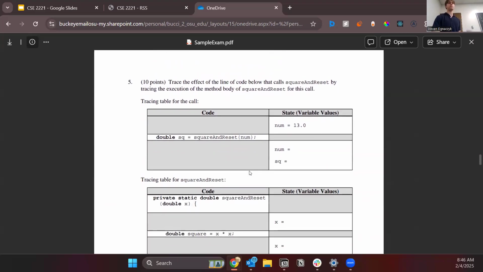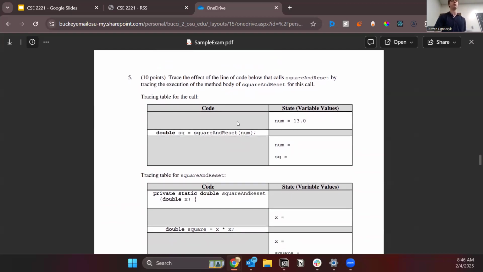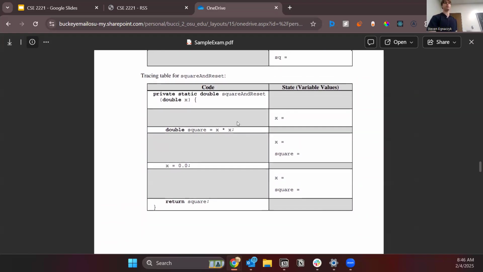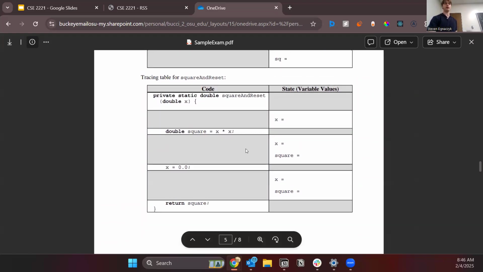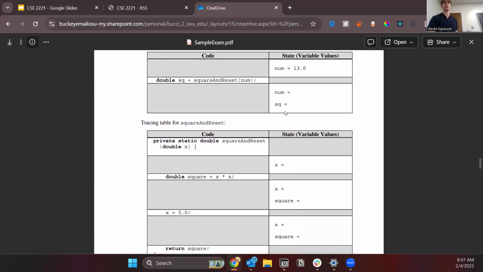Okay. Trace the effect of the line of code below that calls square and reset by tracing the execution of the method body square and reset for this call. Okay, so it's another tracing table. Awesome. We're just going to call it what the variable should be. So when you pass in double x, what is the value of x going to be in this case? If we call double sq equals square and reset num, and num is 13.0,